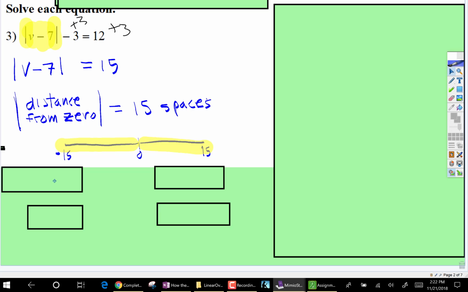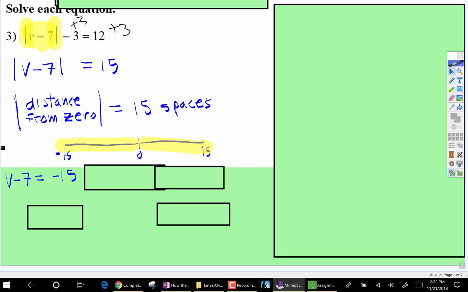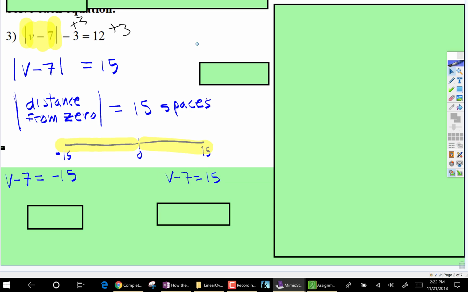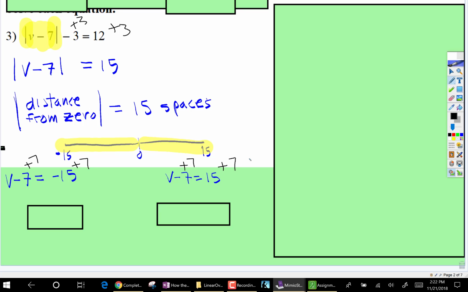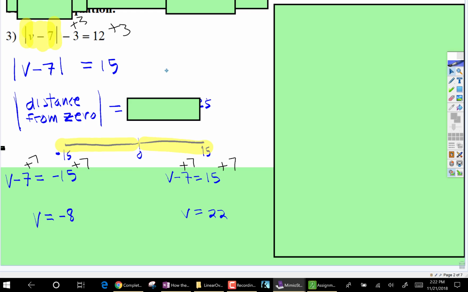Okay, before you can do those two equations, remove these two absolute value bars. So just put v subtract 7, have that equal to the negative option, and then v subtract 7 is equal to the positive version. We've gone both directions, and then just solve. So add 7 on both equations, and what we will end up with is v is equal to negative 8, v is equal to 22,